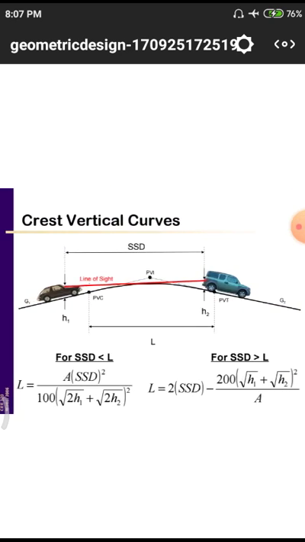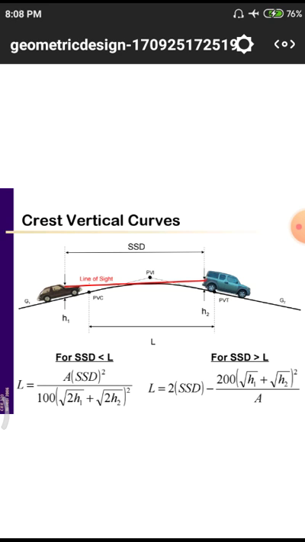This is the particular vertical alignment of a road. Okay, while we are traveling on this vertical alignment, we have to face these kind of consequences to our vision. Normally this red line indicates the vision of a particular driver on the back side car. Okay, at these particular points H1 and H2. This SSD is the stopping sight distance between the two cars.